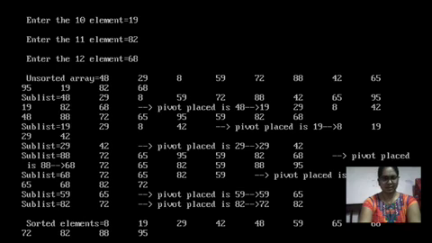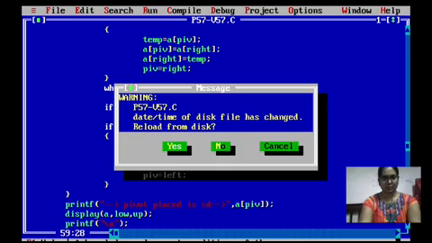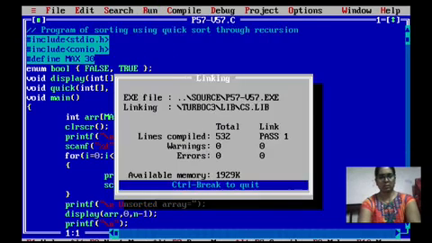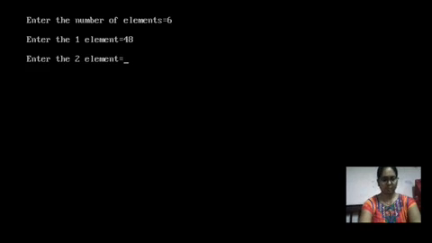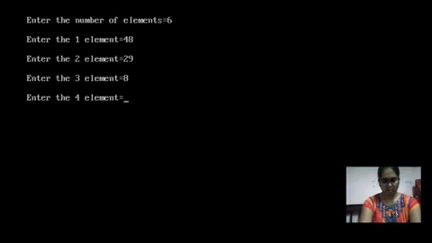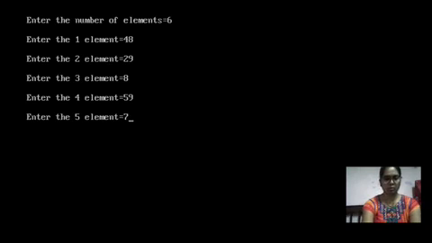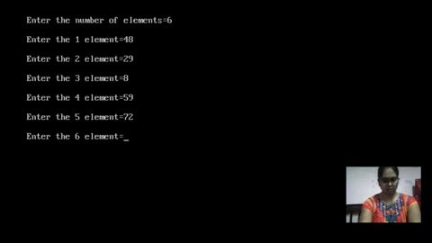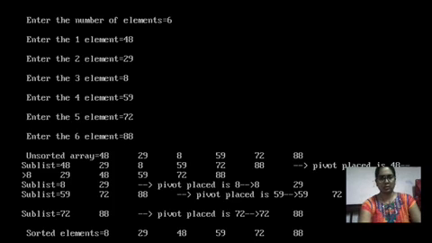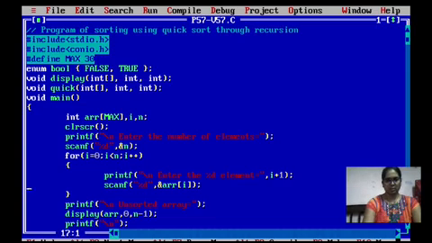But it is displaying very... so instead of this we'll take only 10 numbers, or rather 6 numbers only. See, 48, then 29, then the 8, then the 59, then the 72, and then the 88. So here also we got the sorted list, but while displaying